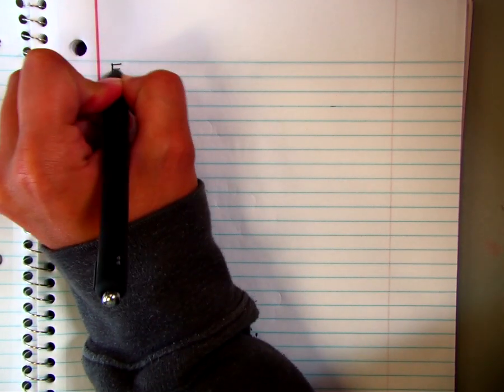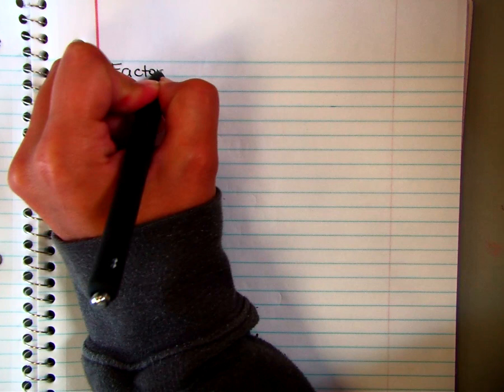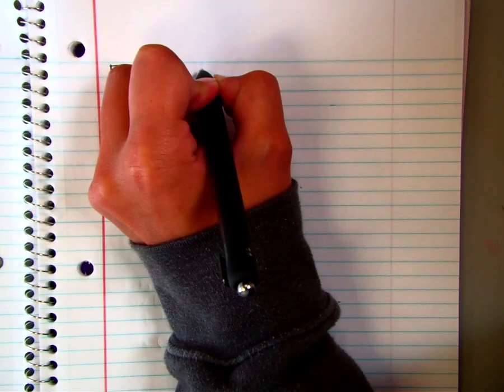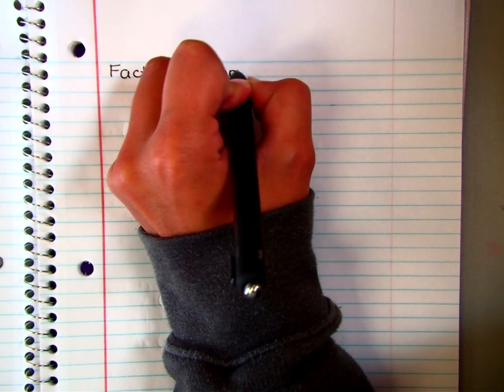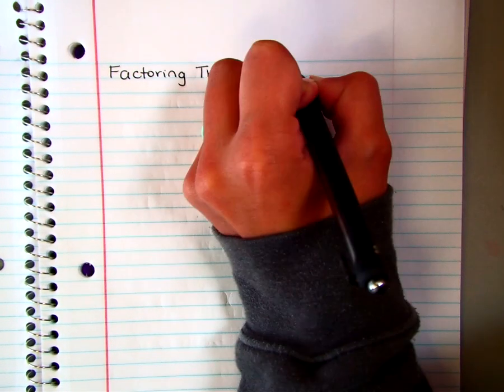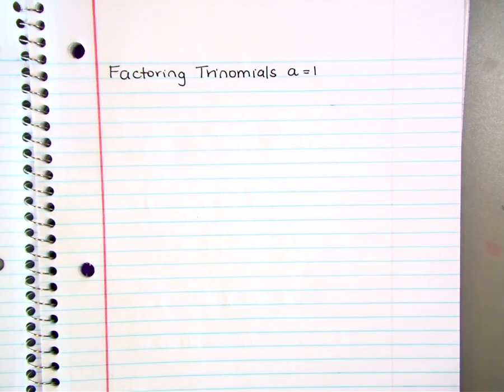So we're going to look at factoring trinomials where a is 1 and difference of perfect squares. So we're actually going to factor and solve. And I'll show you what the difference is in a minute. So first of all,